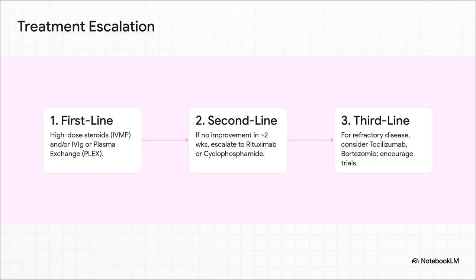Now, if after 10 to 14 days you're not seeing any real improvement, you have to escalate to second-line therapy. That usually means rituximab, which wipes out your B cells so they can't make new antibodies, or cyclophosphamide, which is a powerful immunosuppressant. But a critical pearl here is that you have to be patient after you start these second-line drugs. The time it takes to see improvement with something like rituximab can be weeks, even months, especially in NMDR